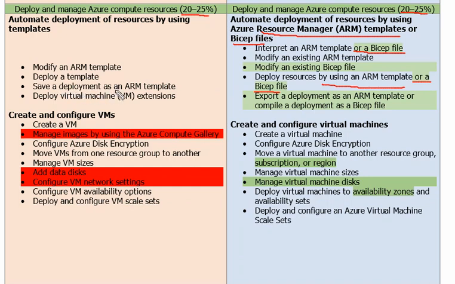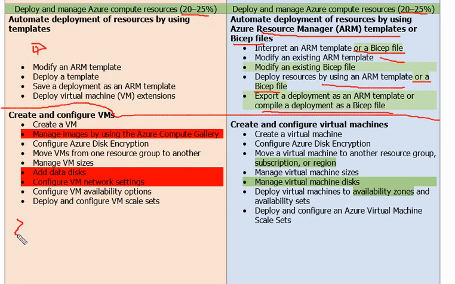Save deployment as ARM template. This we can map to modify existing ARM template. And the green one, export deployment as ARM template or convert deployment as bicep file, is newly added to new syllabus. Now we have compared this first part. Now on the second part, this was the first part. Now on the second part we can see create and configure VM is the same,